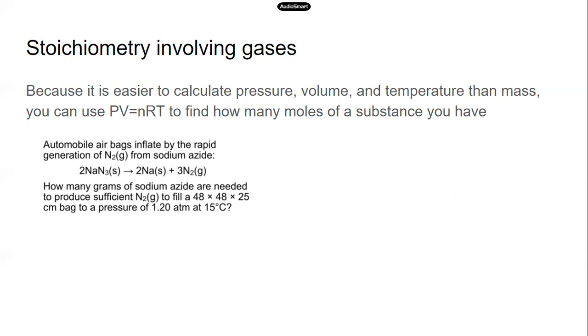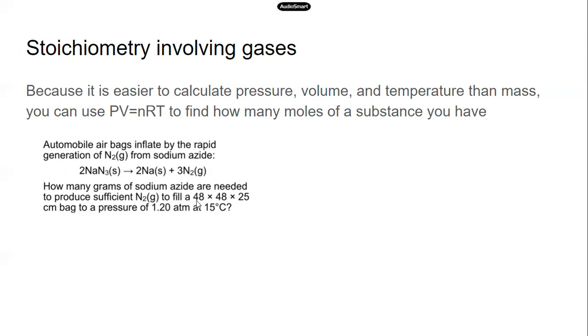So here in this question, we're given the balanced equation, so we don't need to balance it, and then asked how many grams of sodium azide are needed to produce sufficient N2, which is a gas, to fill a 48 by 48 by 25 centimeter bag to a pressure of 1.2 atmospheres at 15 degrees Celsius. So it might look like a lot, but if you just plug all of these numbers into our PV equals nRT,